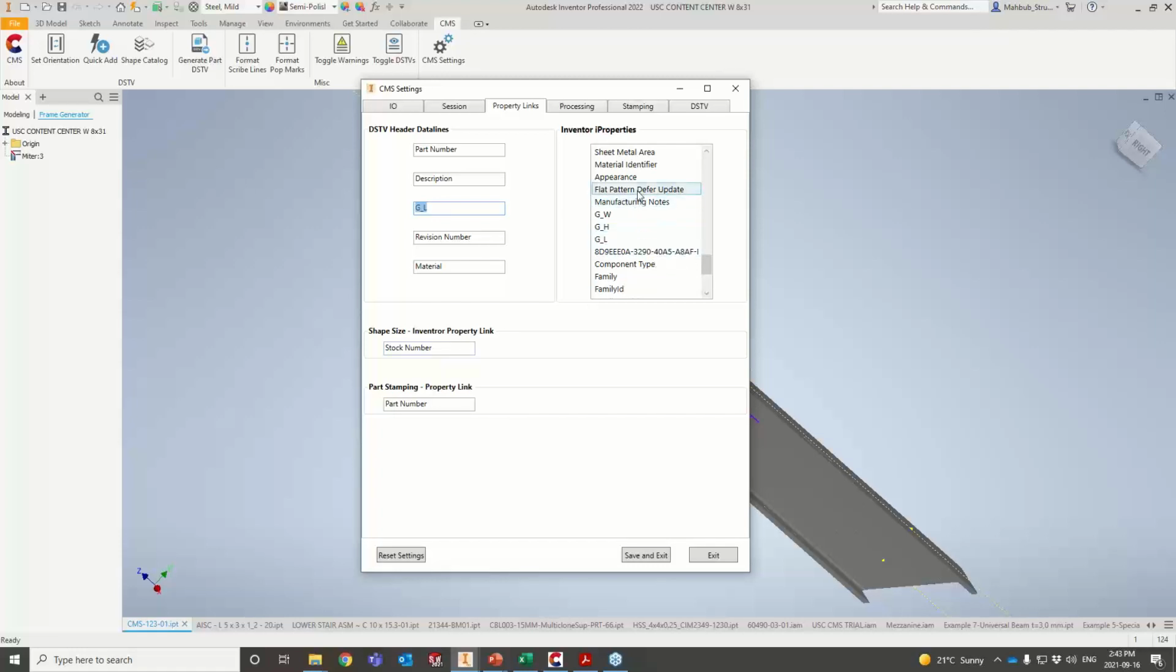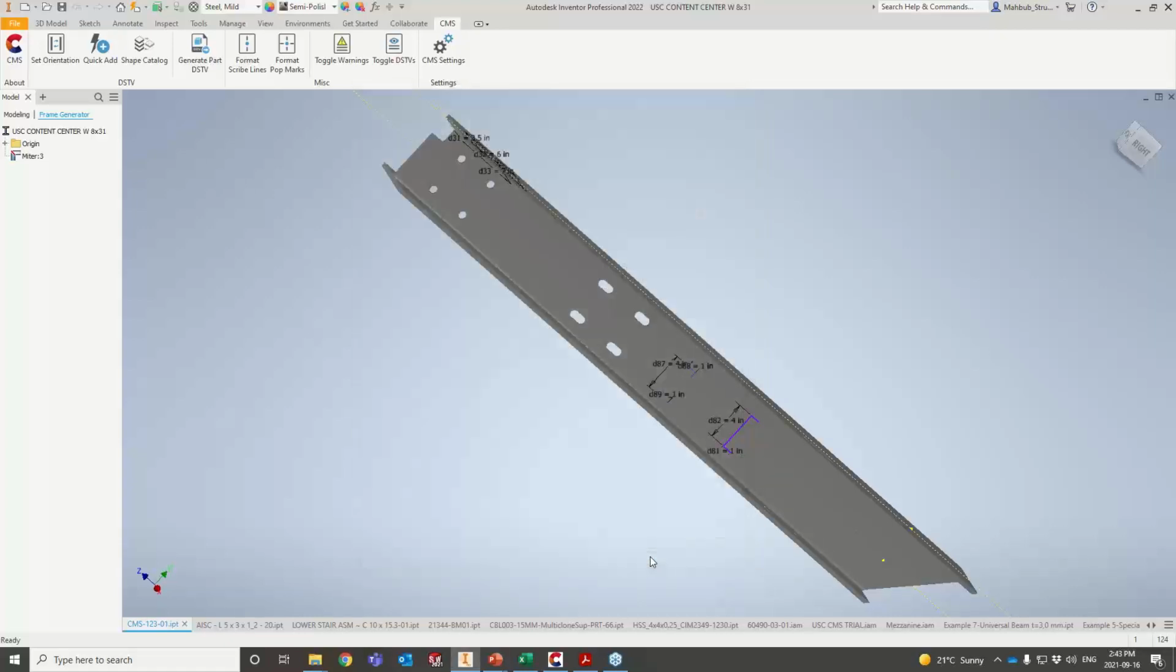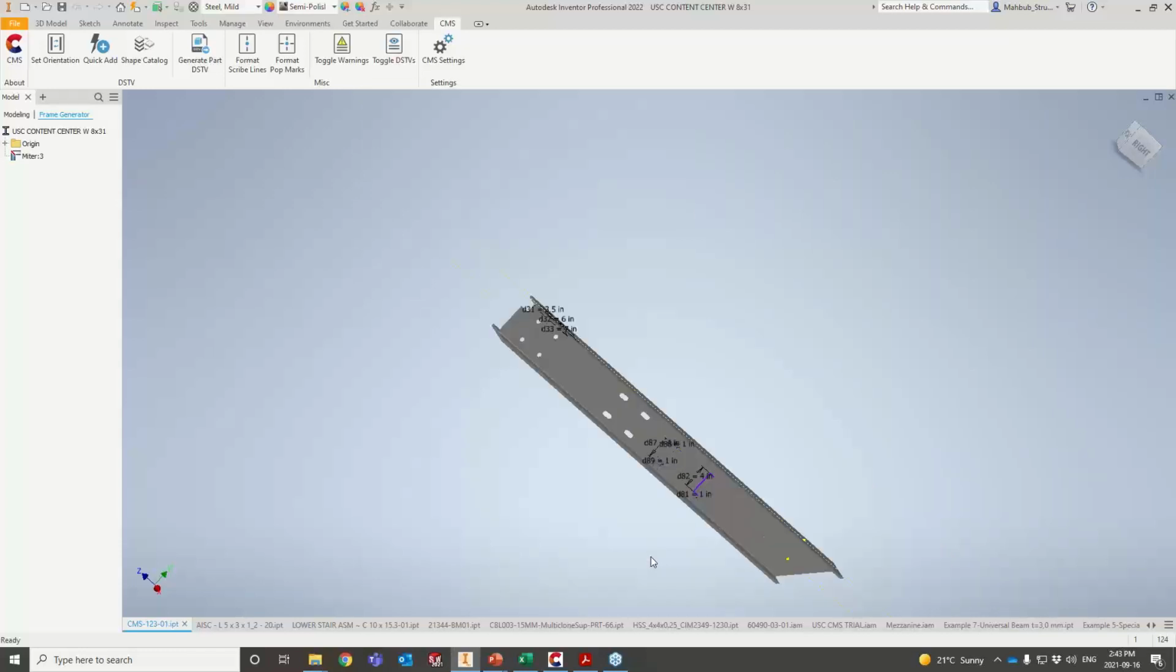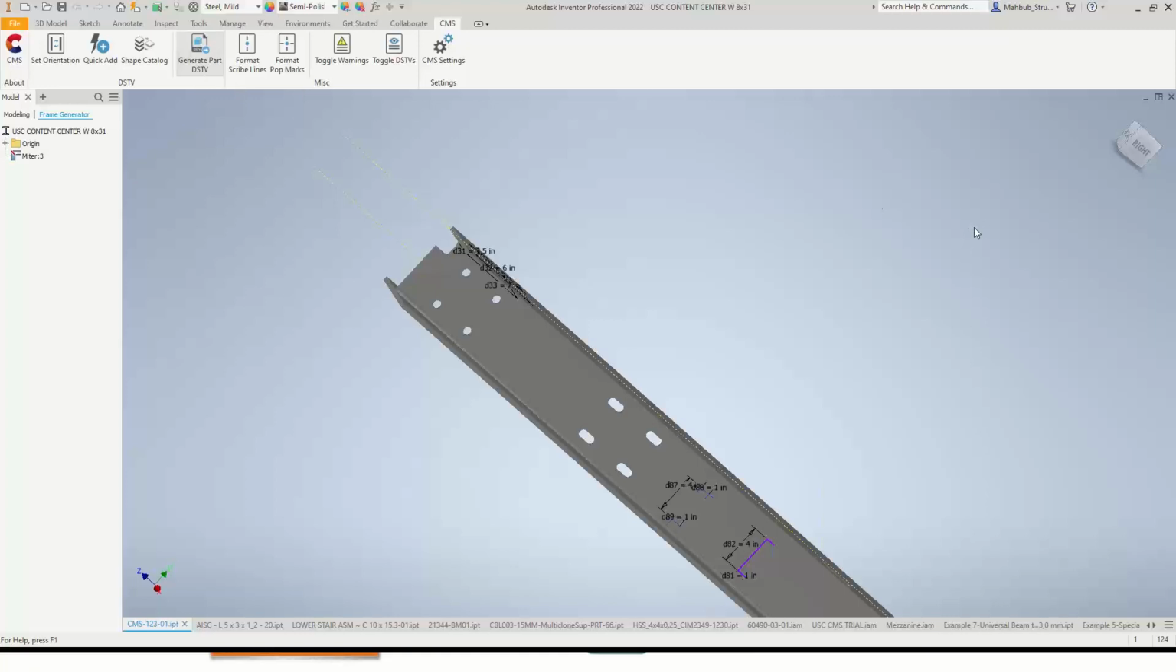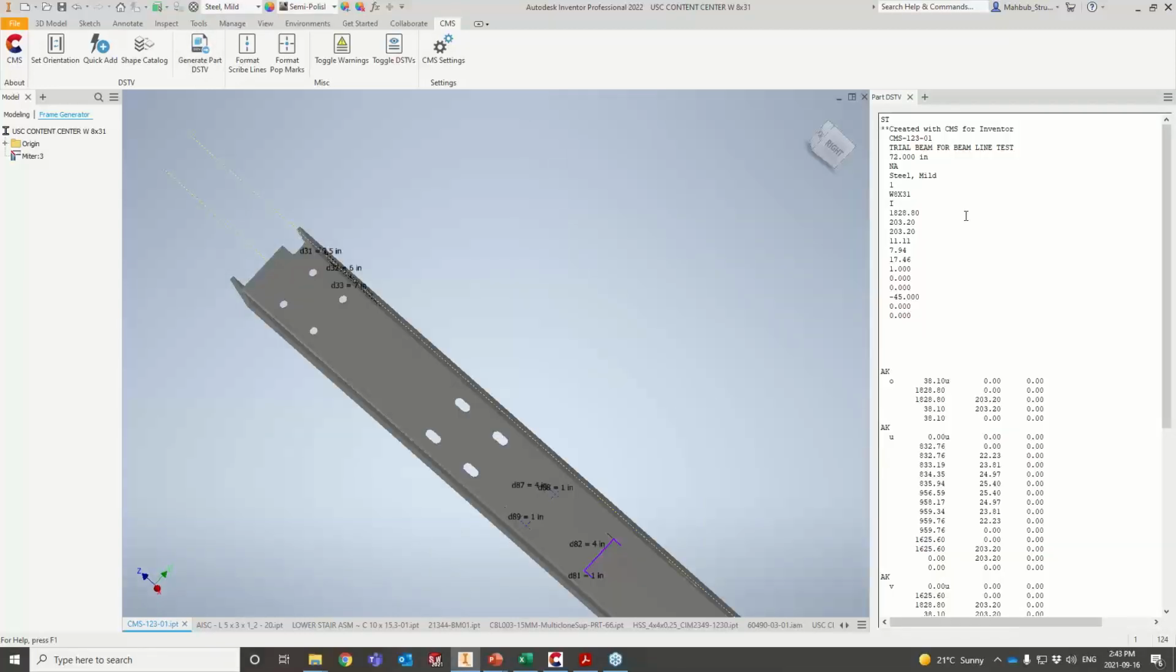This is where I did it. As I said, you can select anything that you want and just drag and drop it. You can find any properties here and drag and drop them, but I'm reading it from stock number. Once that one-time setting is done, all I have to do is create an NC1 file from here. You open that file, go back to your CMS tab and hit Generate DSTV. Once you do that, I'm waiting for a response. As you see over here,